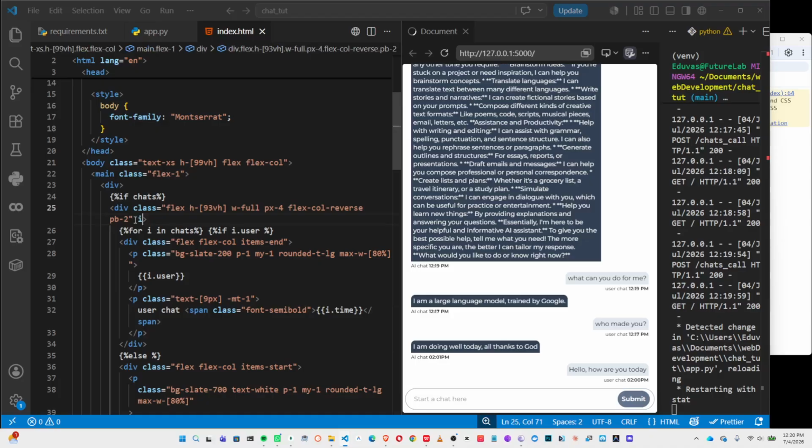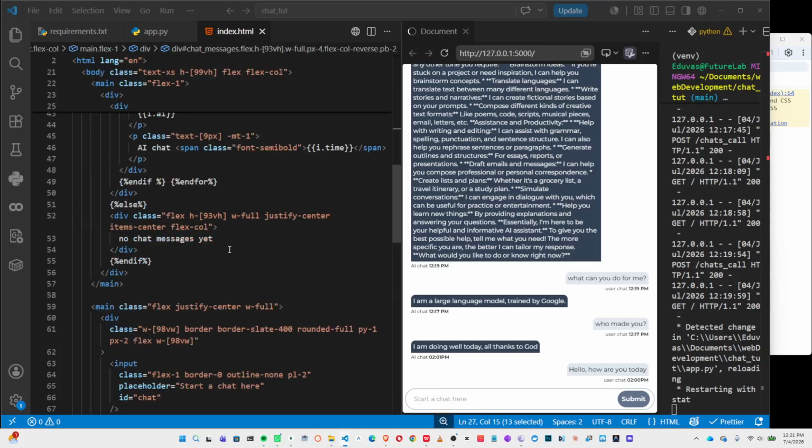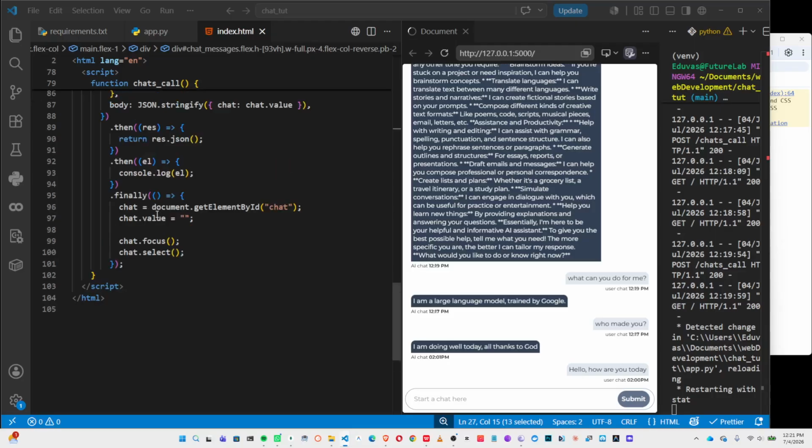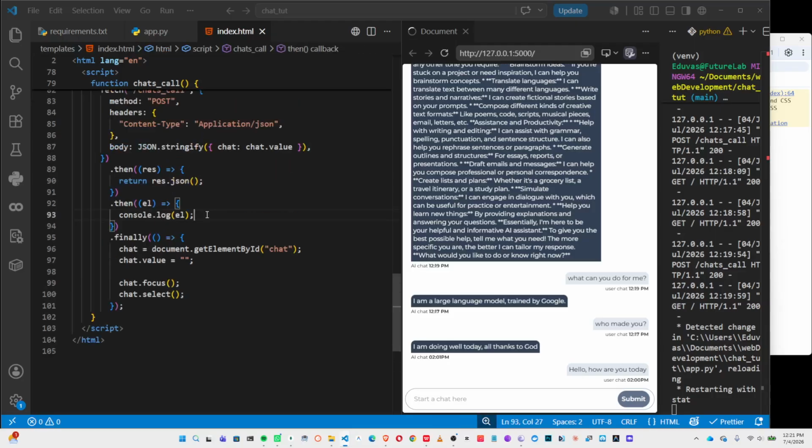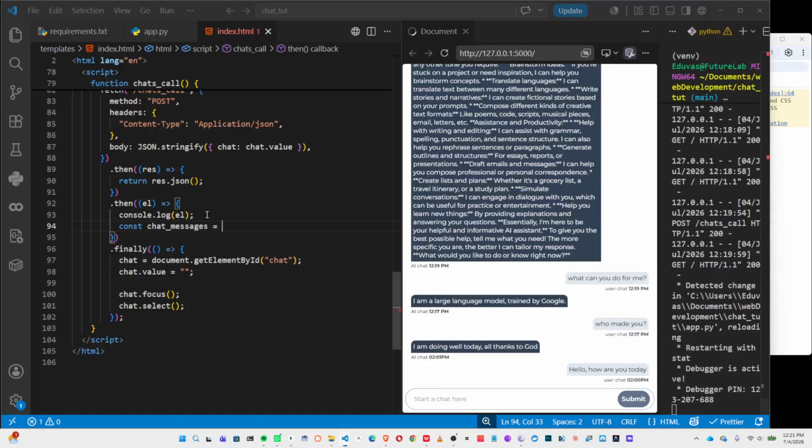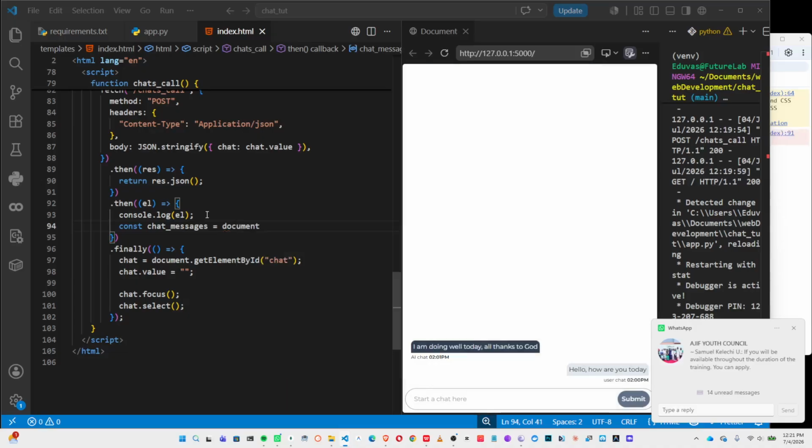So I could just say ID to be, let's say, chat messages, right? So that's what I would want. All right, so scroll all the way down to this point here, so that I could say const, this would be equal to, let's say, document dot,